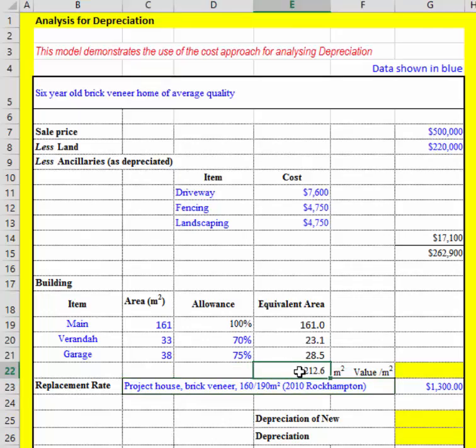But there we have it. It's a total equivalent area of 212, which is going to be built at whatever cost of construction. Now, when I look at the value of the property which is accounted for by the building, what I can do is work out its equivalent value per square metre. And so I can simply divide the 262,900 by the number of square metres which are in the equivalent building, and that gives me an equivalent cost of construction, or value of construction if you like, of